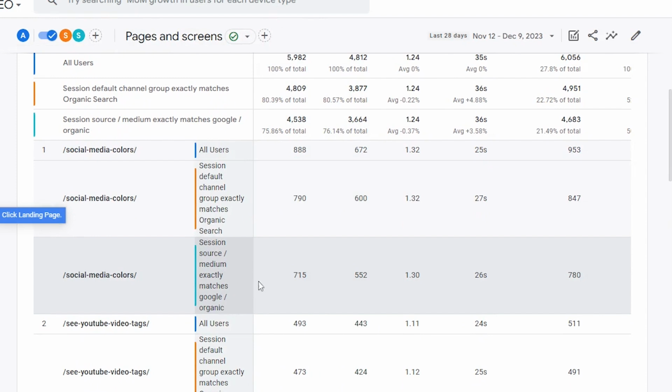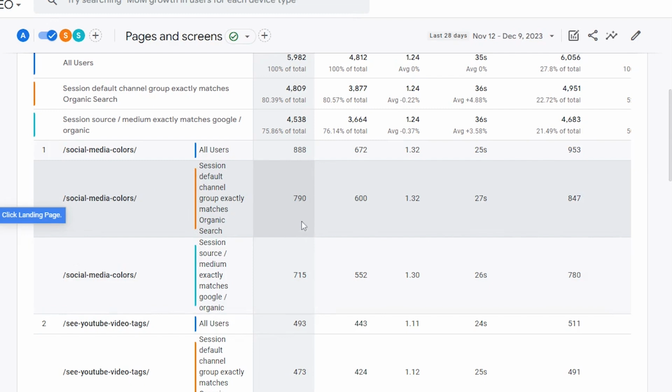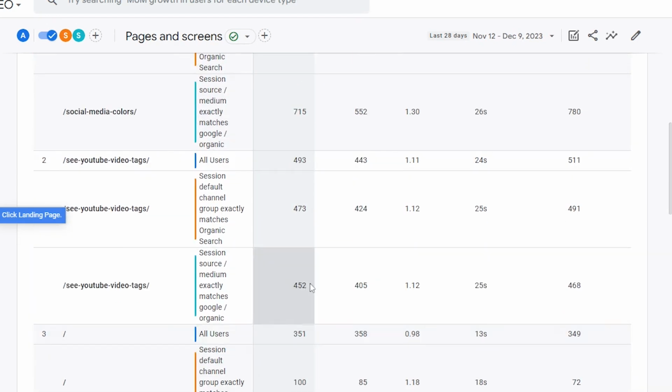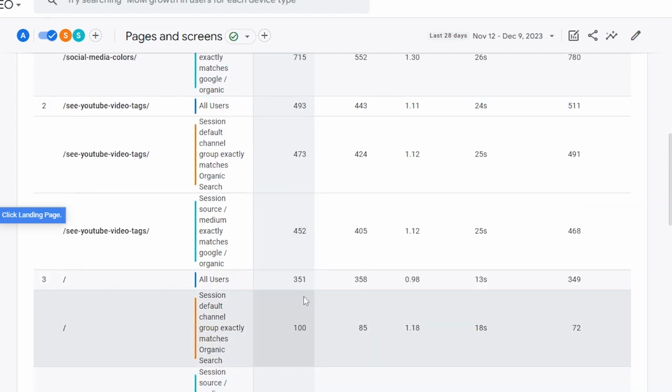So in here, it's the green number. That's Google Organic. So this is, you can get the difference of all the other ones. So Google Organic is this number here, which is pretty close to the all organic. But that's how you would get the Google Organic search. So that's all the people that are coming in for this time period